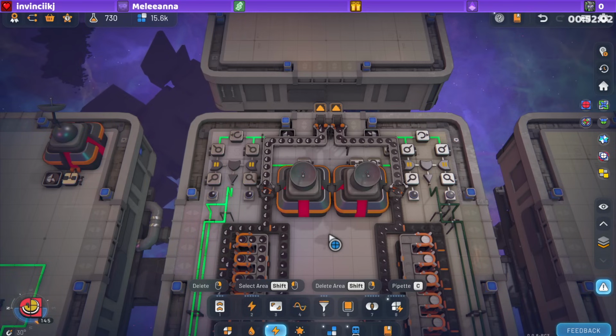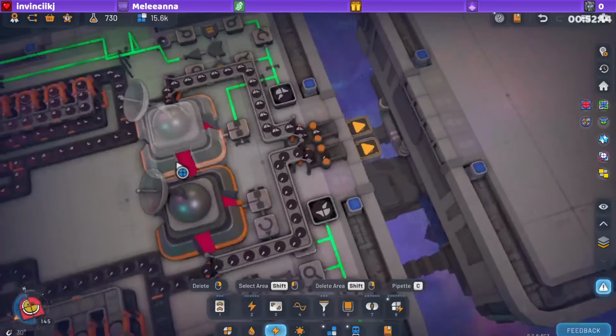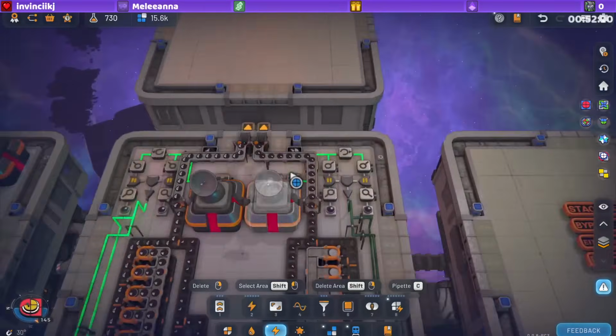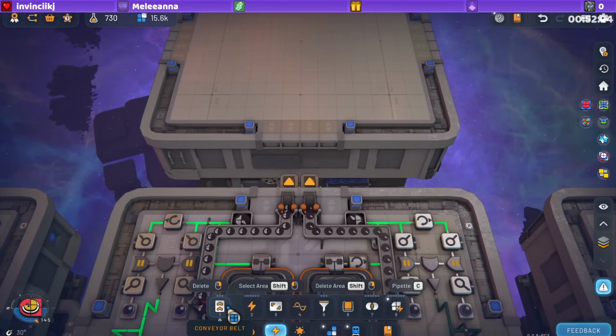We've got to compare this half to that half. Let's imagine that this half is empty, right? So we need an AND gate to check both shapes on that side, and then an AND gate on this side to check both shapes, I think. Or an OR gate. I think it's an OR gate, actually. So our stacker...